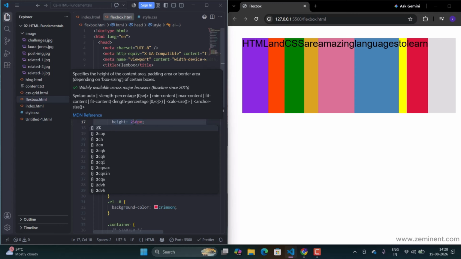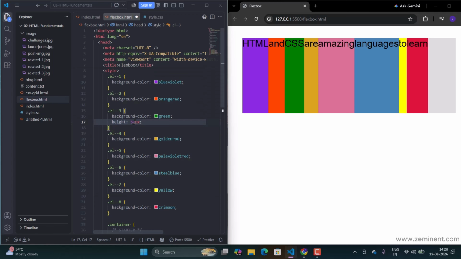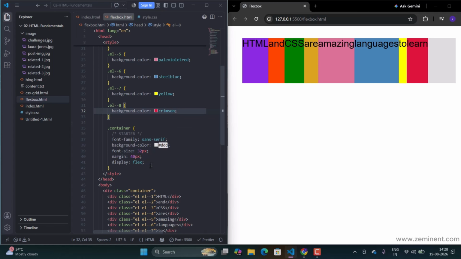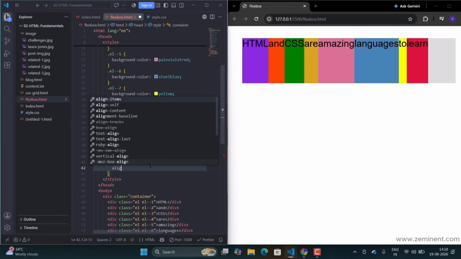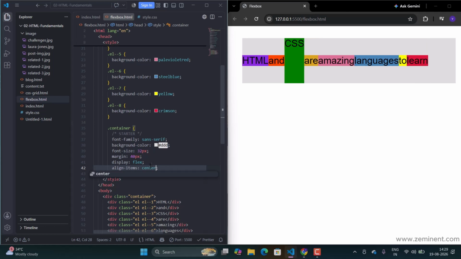And one of the most useful features of Flexbox is vertical alignment. Suppose we want all the items to be vertically centered, and for that I'm putting back the 150, and I'm giving align items to center, and immediately all the flex items are vertically centered. The container still has the height of the tallest item, but the other items only take the height required by